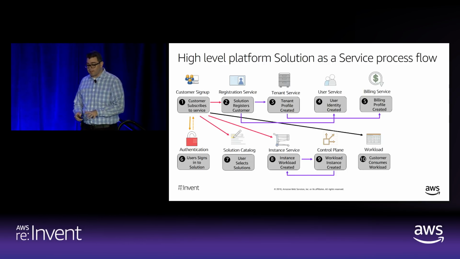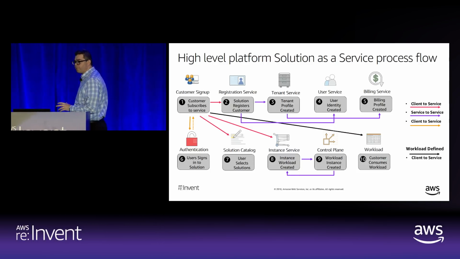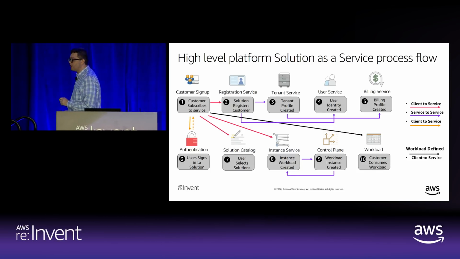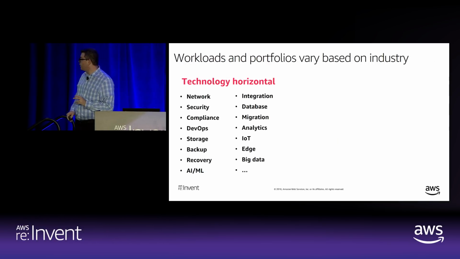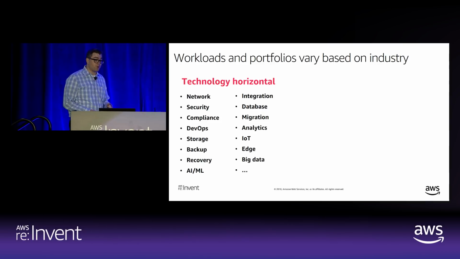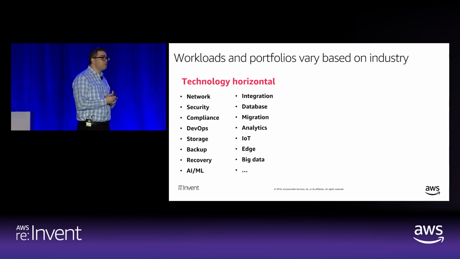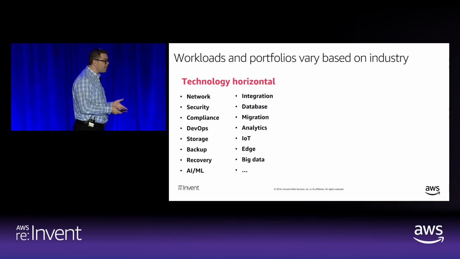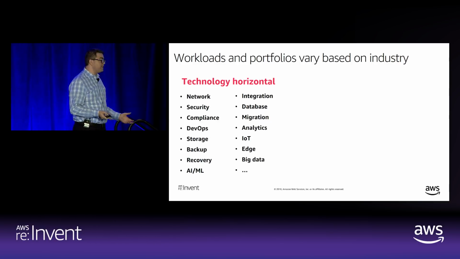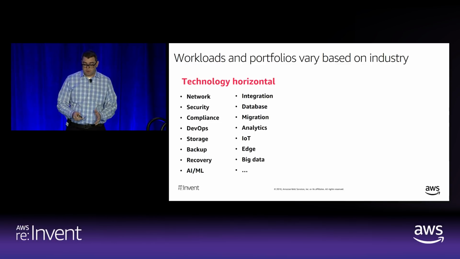So now that you understand some of these core components, I want to talk a little bit more about the profile of these workloads. You're delivering different portfolios. You're delivering maybe in a technology horizontal, right? Maybe you're a network vendor that's delivering a solution that allows for IPS, IDS as a service. Maybe you're delivering a security product like a WAF, as I mentioned, or a DevOps, or a testing, or a migration product. Your workload will vary.